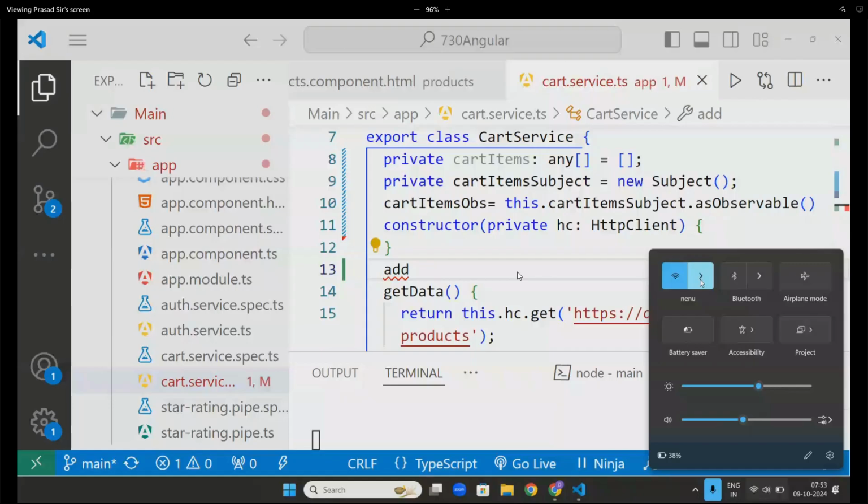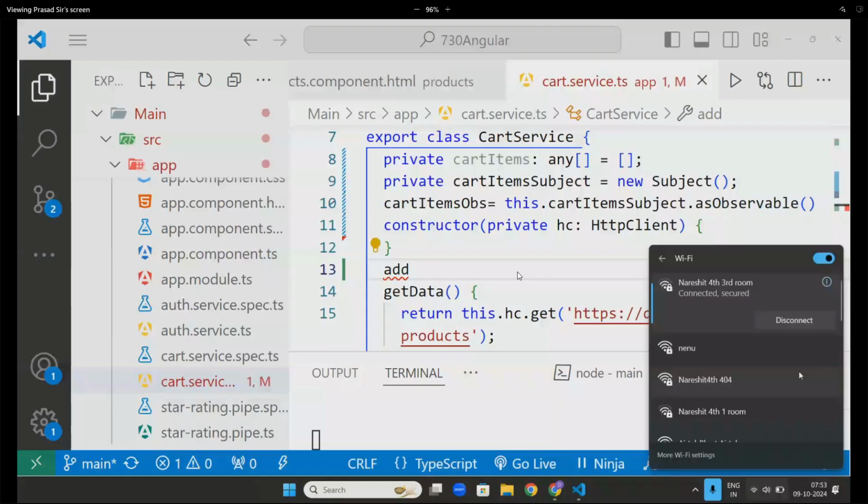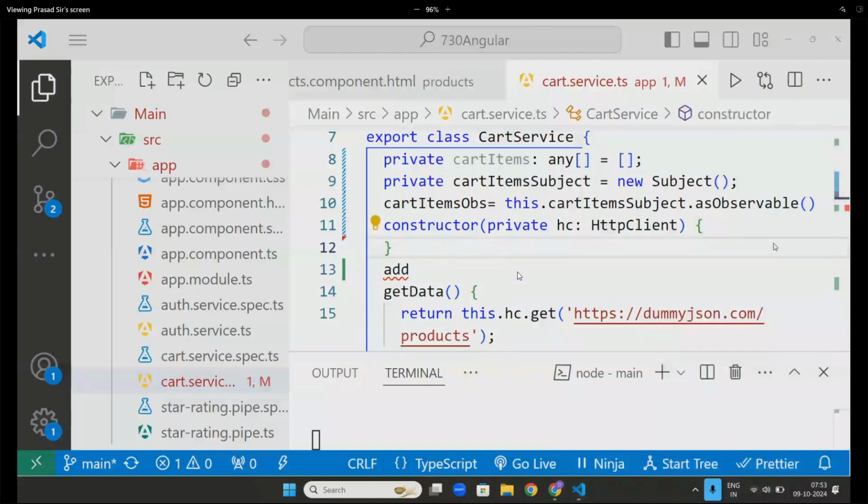Now can you hear me? Sir, just a minute, I think in a minute it will adjust. Now can you hear me, sir?